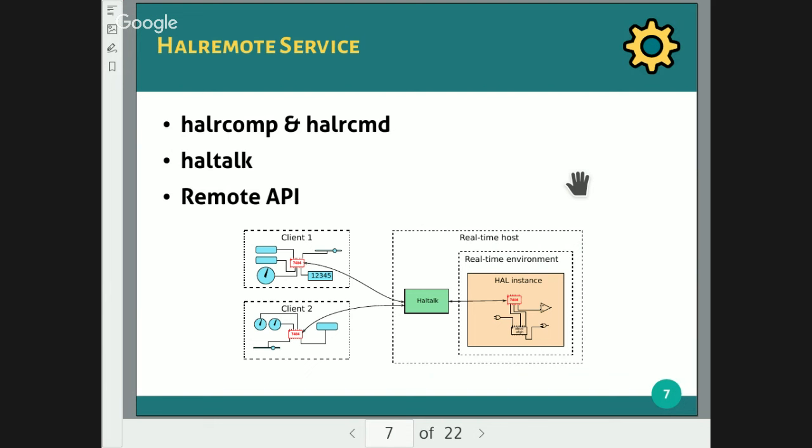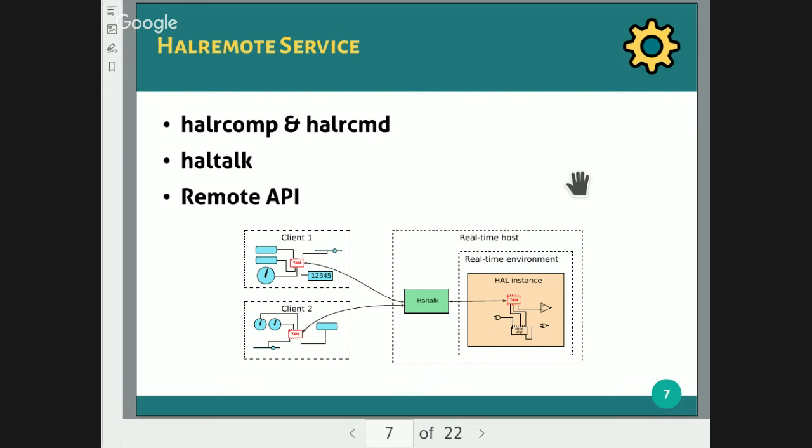Then we have the HALREMOTE service, which is kind of the core of Machinetalk at the moment. It has two services, the HALRCOMP service and the HALRCOMMAND service. The HALRCOMP service uses a publish-subscribe pattern and publishes pin changes, updates to a HAL configuration and so on.